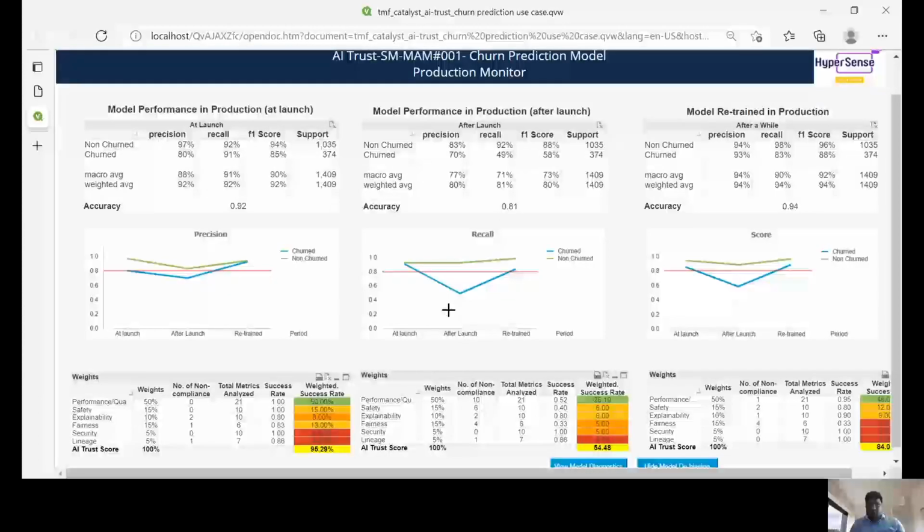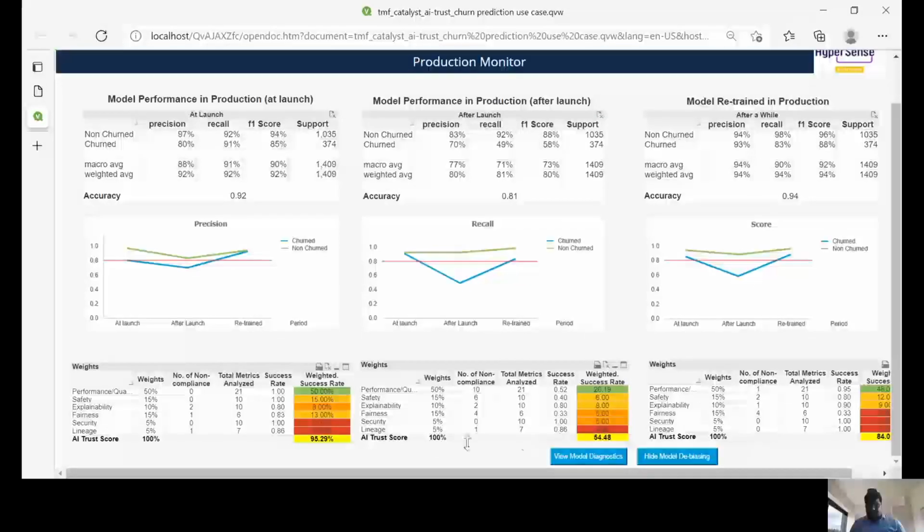So you can see that the model performance has gone down. You can also see the model trust score has also gone down drastically, right? So this is telling me that